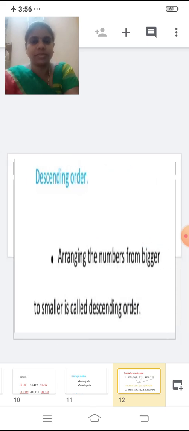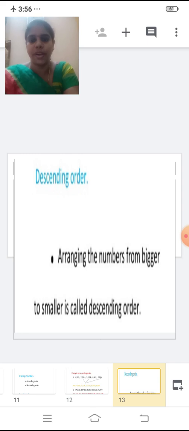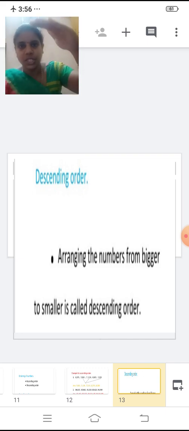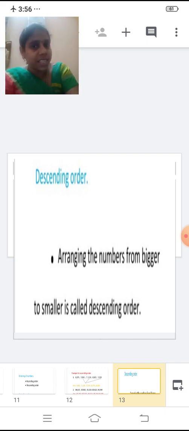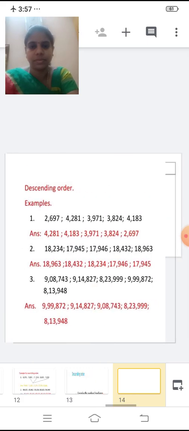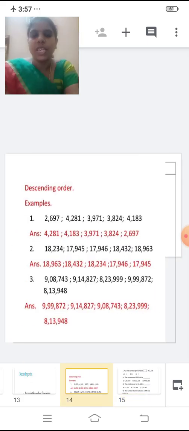Yes? Now we'll see descending order. What do you mean by descending order? Arranging the numbers from bigger to smaller is called descending order. Shall we see some examples now? So first one,